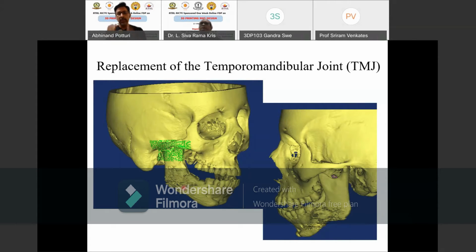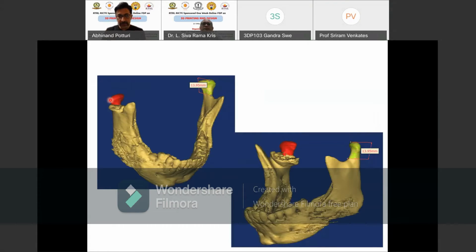Now, because of overuse, because of the aging factor, because of sometimes eating very hard substances, your joint will start aching. It will start making a clicking sound, and it will start causing some degenerative changes. It will get damaged over a period of time, and because of that, your mouth will become stiff and you will not be able to open it because this joint becomes very painful. In these situations, we replace the joint with an artificial joint, like how knee replacements and hip replacements are done. This joint, which is called the temporomandibular joint, is also replaced many times. And when we do this, 3D printing is useful for this also, because this is how we do it.